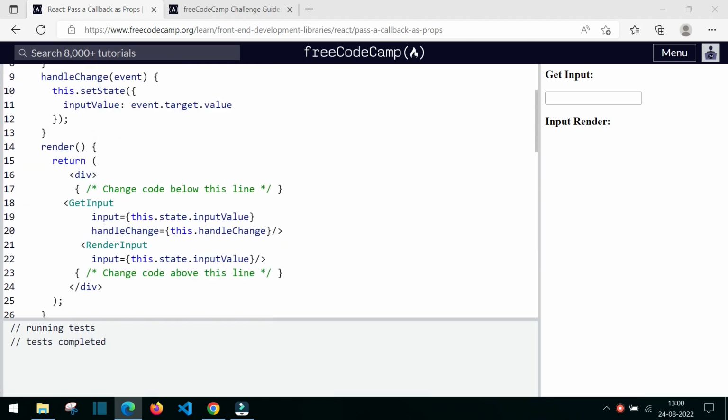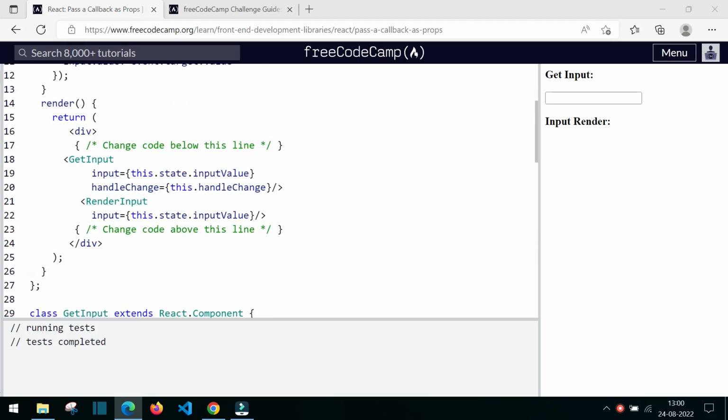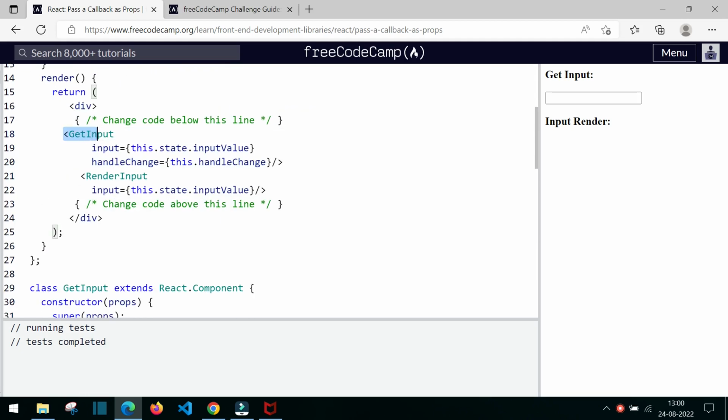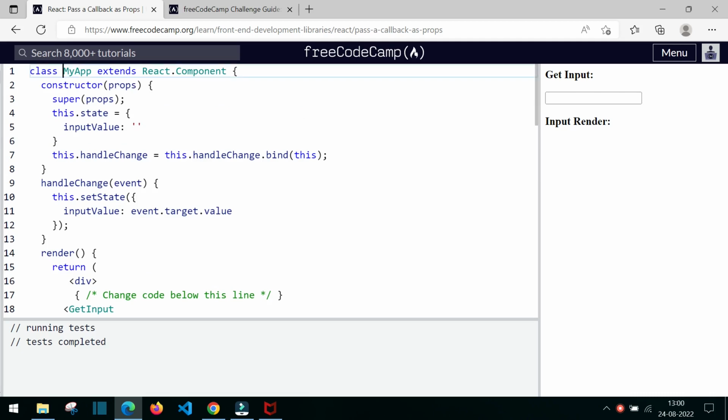What we have done here is included the getInput and renderInput components inside the myapp component. So now inside the myapp component, the getInput component and renderInput component are included. So now we can say getInput component and renderInput component have become the children of the myapp component. Then what we are doing here is